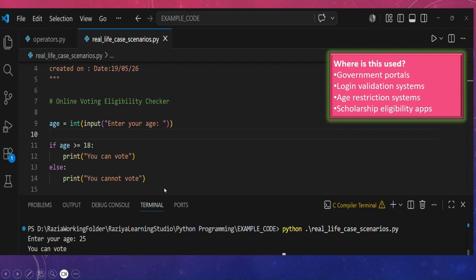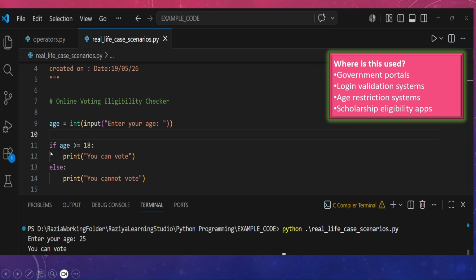So this is self-explanatory; you understood this if-else condition. We will be taking loops and all those things later on, but right now just understand that I have checked if the age is greater than or equal to 18, then it will print that you can vote. If not, else it will print you cannot vote.